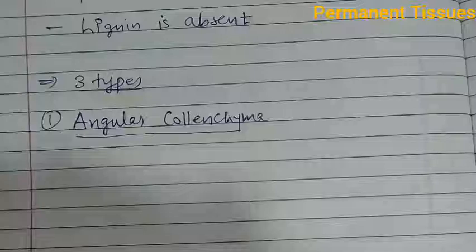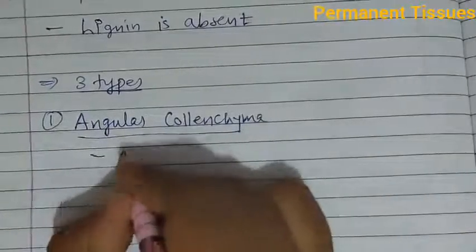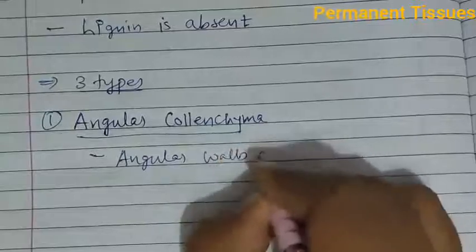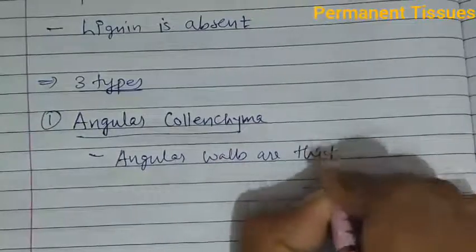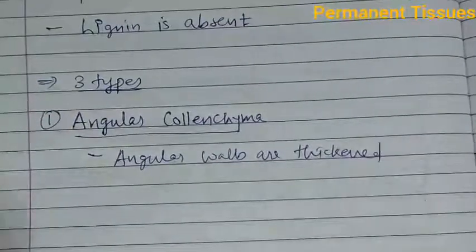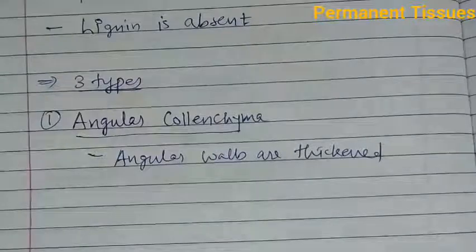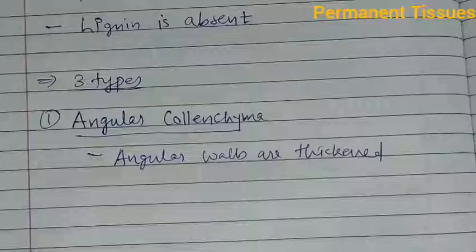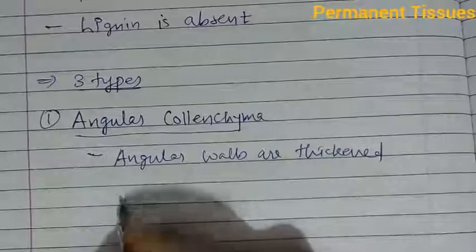In this, angular walls are thickened. So if we draw a diagram of this, then you will see that